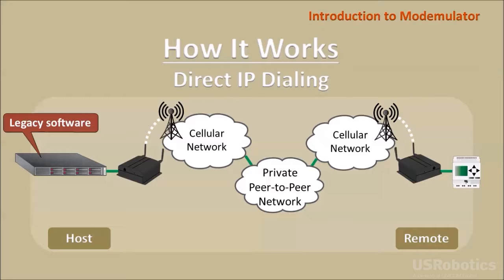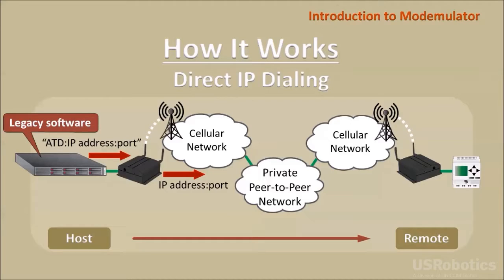When the host software initiates a connection to a remote site, it sends a dial command to the host Modemulator. This dial command contains the destination IP address and port number instead of a phone number. The Modemulator will attempt to connect to the IP address and port number. Then, if the network is available, the remote Modemulator normally sends a ring indication to the remote processor, just as